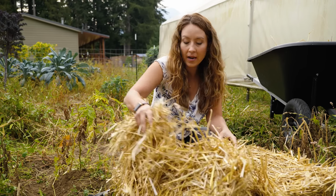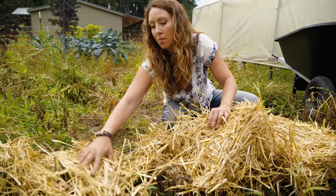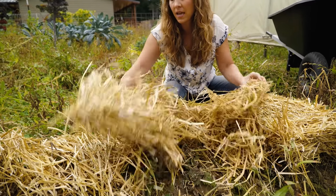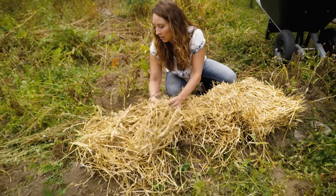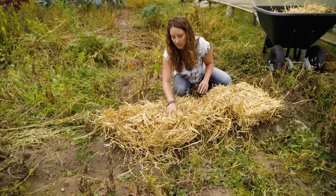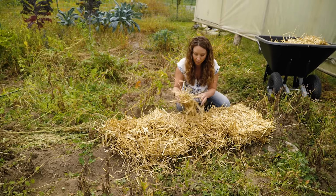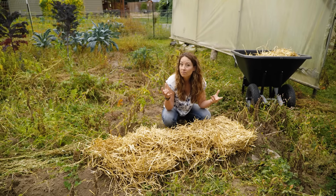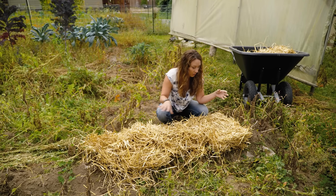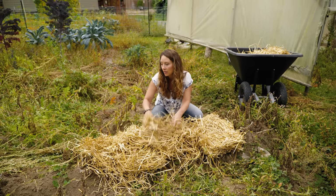And that's also why I do not use hay. I don't use hay because here hay molds really fast, and it has a lot more seeds in it, and I don't want to deal with a lot of introduction of more seeds, which is then weeds, into my garden area. So for me personally, I prefer straw. You could, if you've got a lot of leaf matter in the fall and you have a way of chopping that up, you could do this with leaf matter, but our goal here is to really insulate and to cover this dirt,